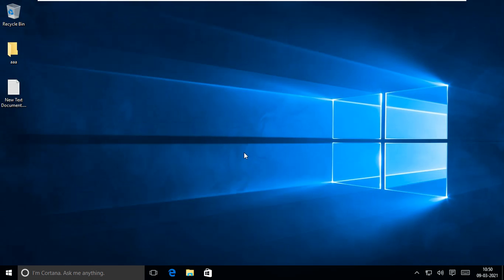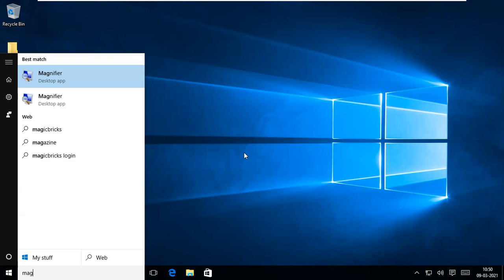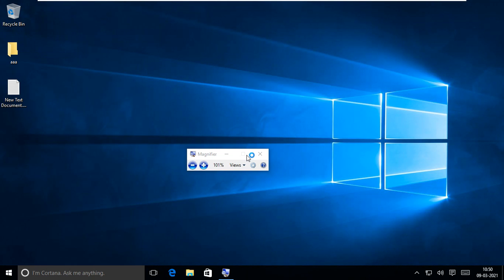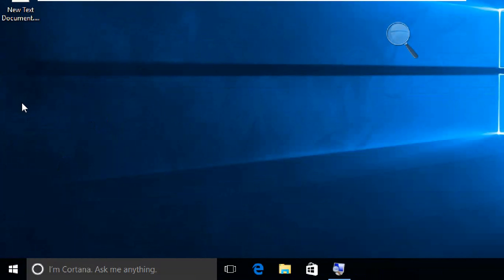So I open my full window and magnifier first. If you want to know about registry, it is a very big thing, like a complete registry tree and each individual registry part, how to manage the registry part, how to manipulate the registry, how to back up the registry, so many things are there.